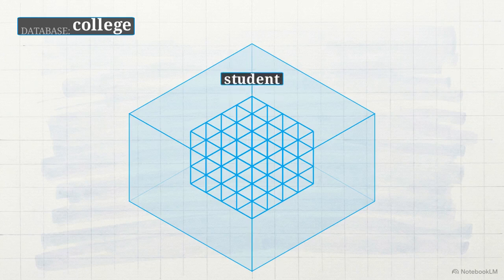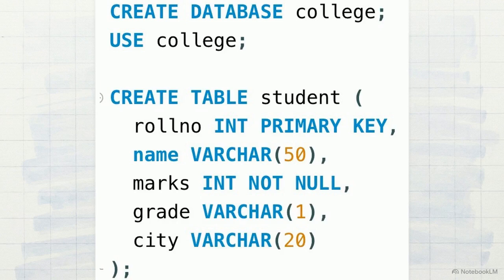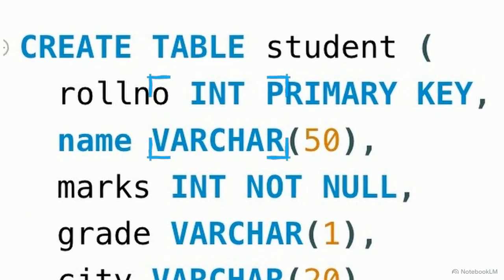We'll name this table Student. This code is our architectural blueprint. Every column needs a name, data type, and constraint. Data types restrict information. Int limits to whole numbers. Varchar allows text. Finally, applying a primary key to the roll number creates a mandatory unique identifier that completely prevents